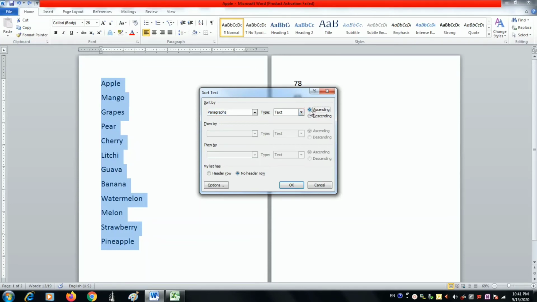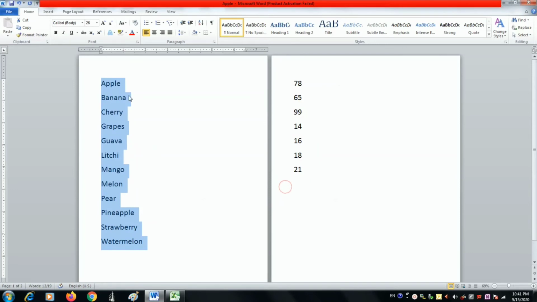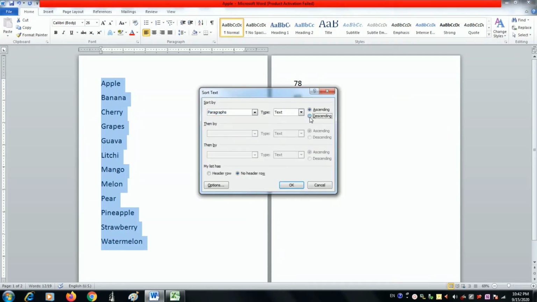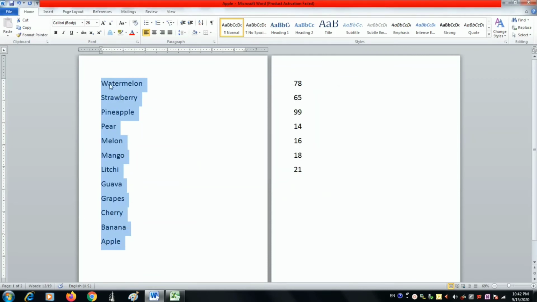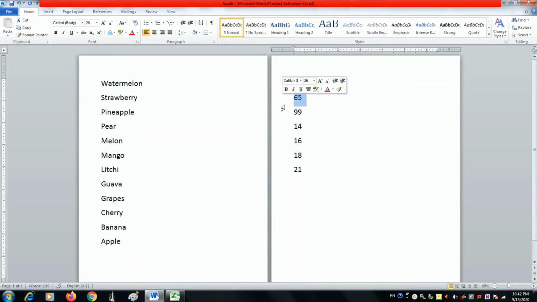पहले हम ascending order करके देखते हैं. Okay. So see that A, B, C, G, L, M, N, O, P, Q, R, like this it will be sorted A to Z alphabetically. If I want to sort it now in descending order, I will select descending, same way in that dialog box, then press OK. So see W to A it has sorted the same list. So इसी तरह से अब हम इन numbers को भी करके देख लेते हैं.